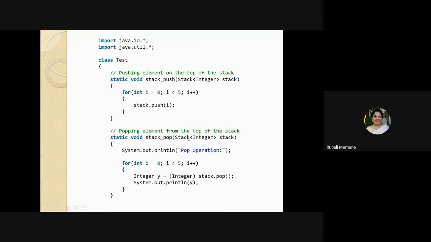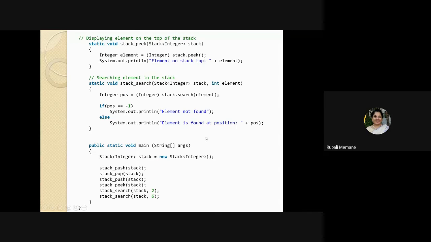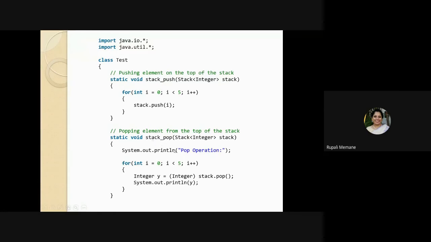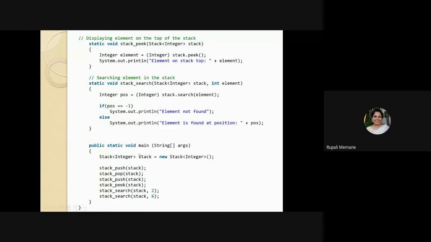What is the element to be passed in stack_pop? Again the stack object. So stack_pop(stack). So whatever are the elements in that stack object will be retrieved. Again, I'm saying if you get confused with this stack word, you can specify these methods or this object with st, so you don't confuse with the keywords. But look at them, the class is Stack with capital, whereas the object is in small. So Java does not consider these two as the same keywords because of the case sensitivity. But to avoid confusion, you can just write st over here. So stack_push, I pass the stack object. Stack_pop, I pass the stack object.